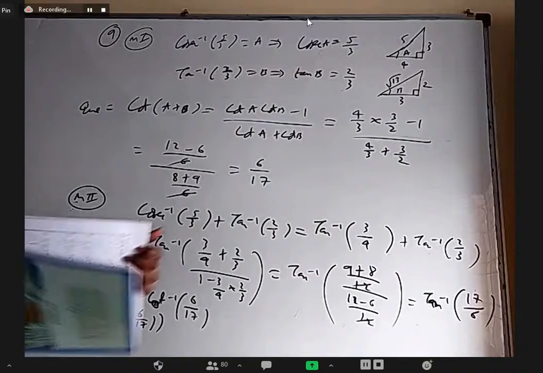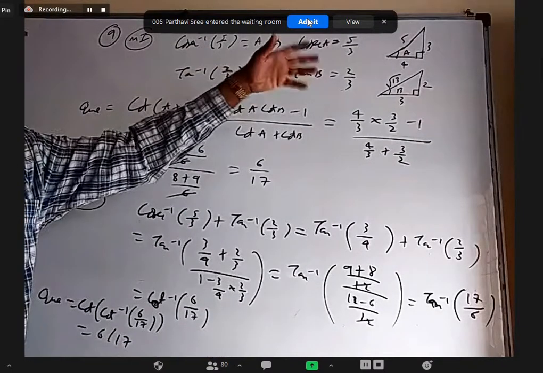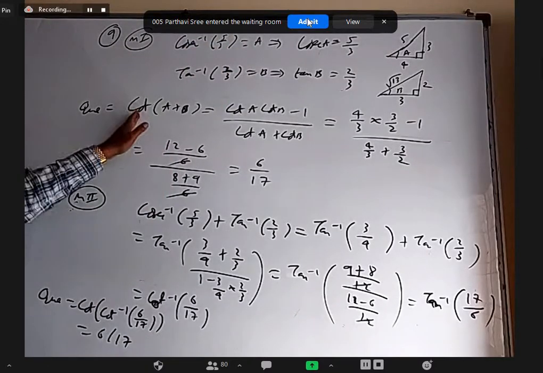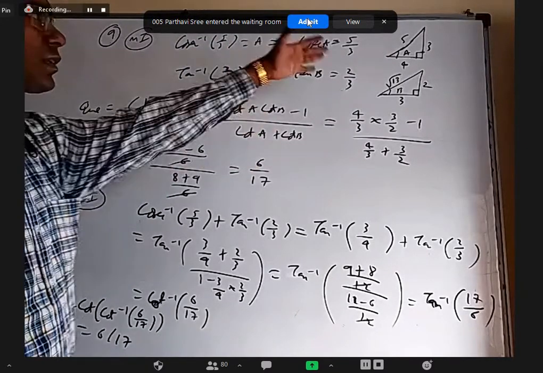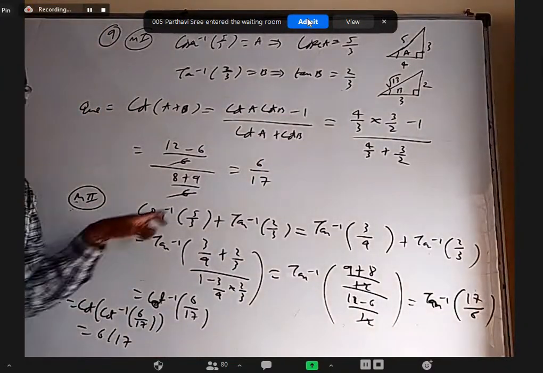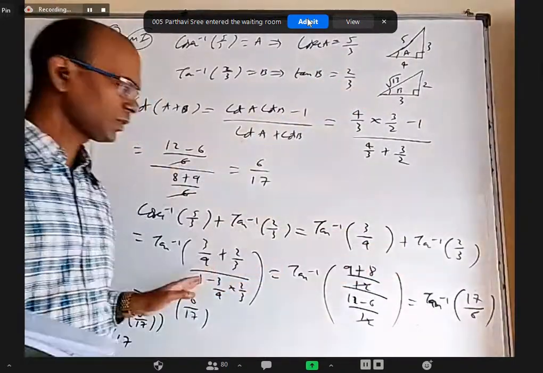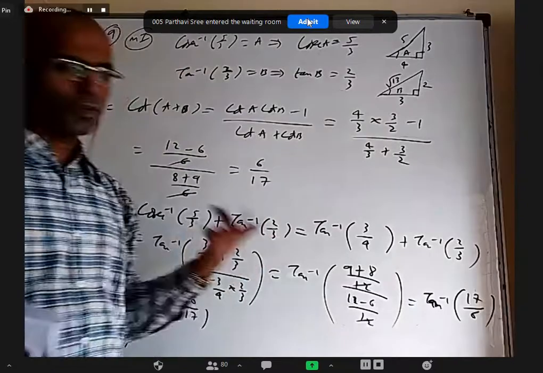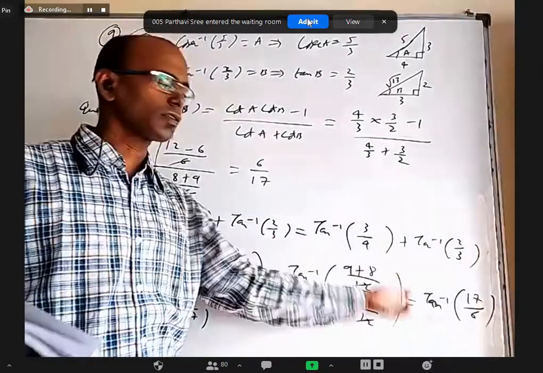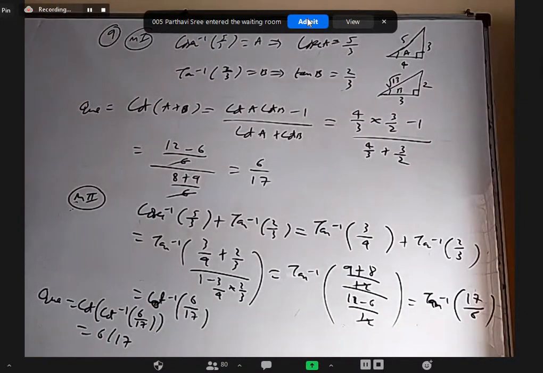Okay, so either you can take one of them as A, one of them as B, draw proper triangles to know all the sides, and the question becomes simply cot of A plus B. This is a formula. From the triangles, find what is cot A, what is cot B. Otherwise, convert cosecant inverse into tan inverse based on that triangle only. Now, using the tan inverse x plus tan inverse y formula, we got one simple expression. But we want cot outside, so I have to convert tan inverse into cot inverse. And tan inverse x is cot inverse 1 by x. Is it okay, ninth one? Yes, sir.